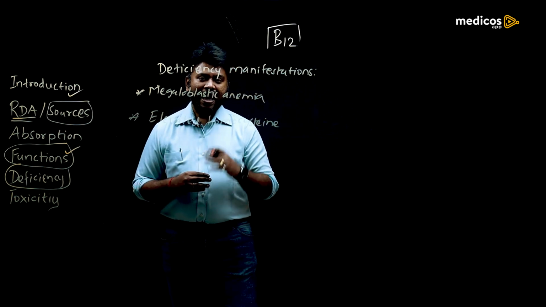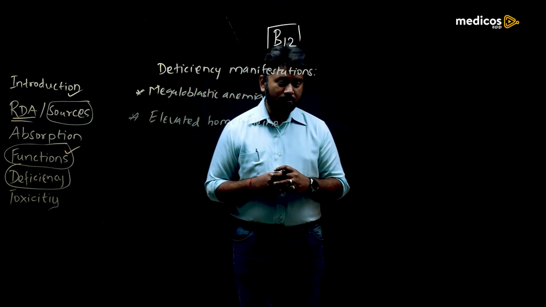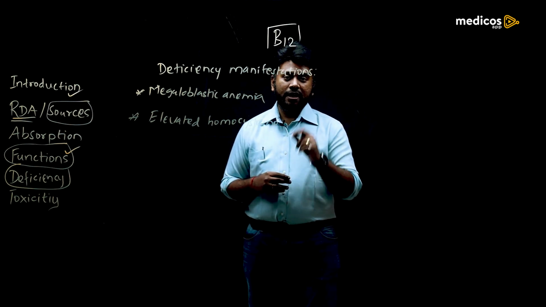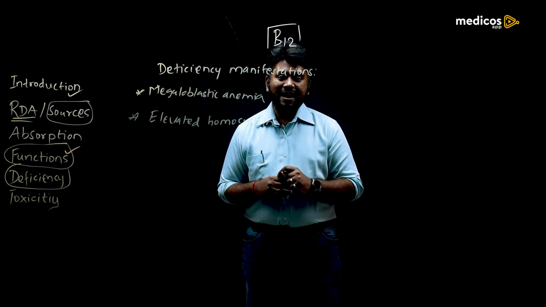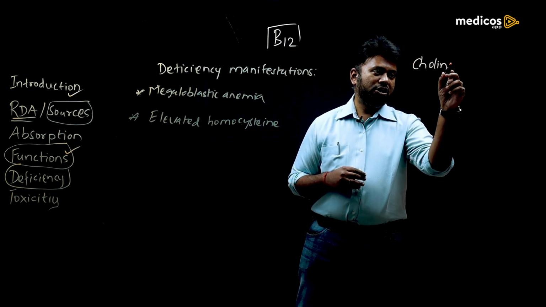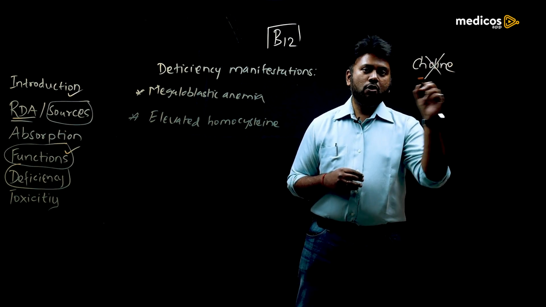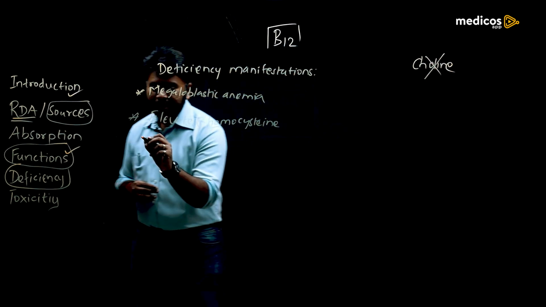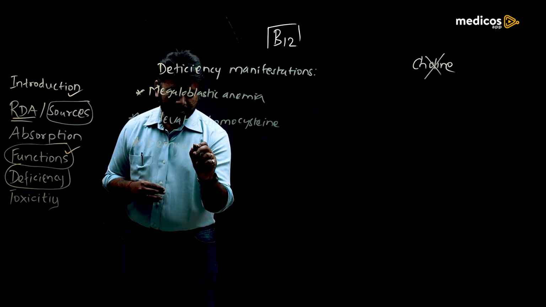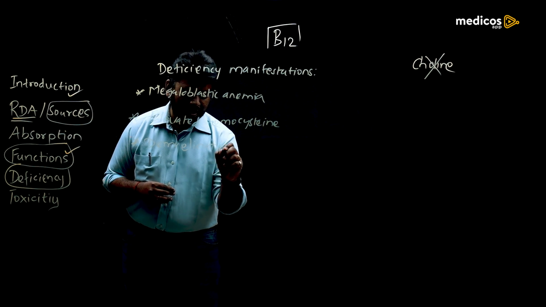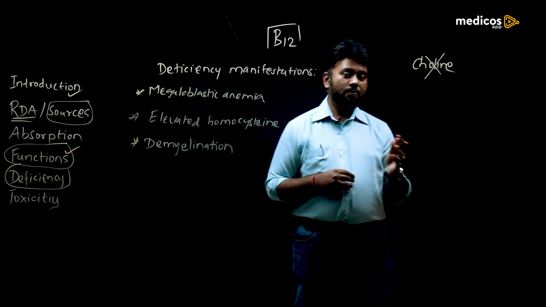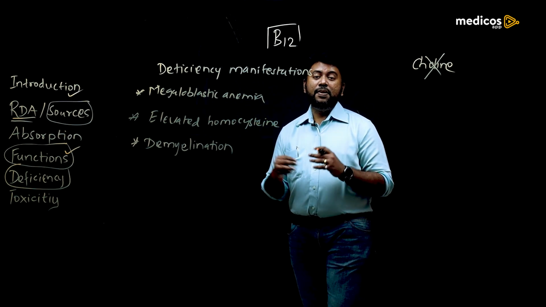Okay, in addition, as homocysteine cannot be converted to methionine, the transmethylation reactions will be grossly affected. One of the important products we get from the transmethylation reaction is choline, which is needed for the proper myelination of the nerve sheaths. So if this choline is not synthesized properly, it can lead to demyelination and neurological symptoms. Various neurological symptoms will be there. This demyelination and neurological symptoms you will also get in folic acid deficiency, but in B12 it will